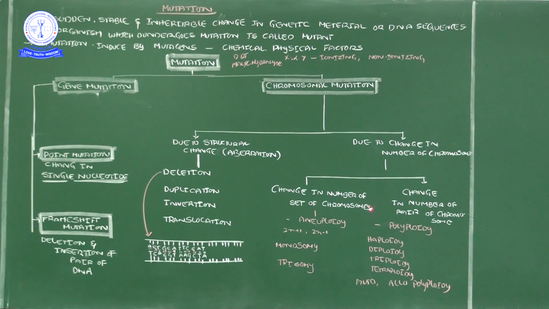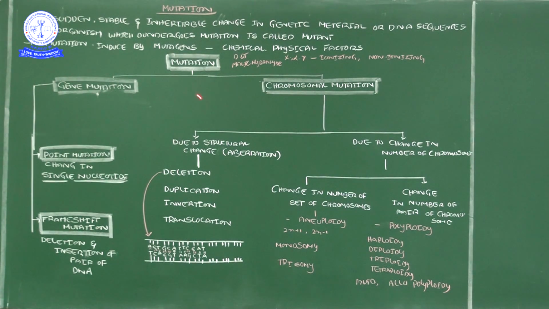For example, if you need some clarity, the human body has 23 pairs of chromosomes, which is a constant level for the human species. Unfortunately, for example, instead of 23 pairs, one extra chromosome is added, 23 plus 1, or sometimes one chromosome is lost. So whichever chromosome is extra or lost, the genes controlling characters located on that chromosome, all those characteristics will be affected. Now you got the concept.